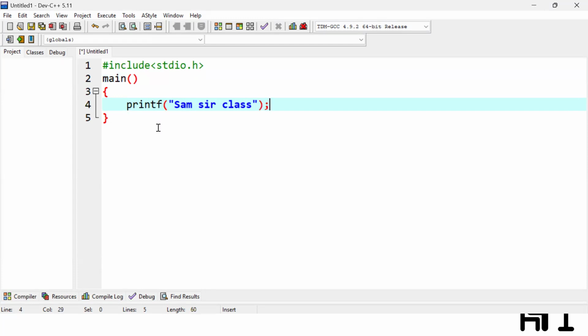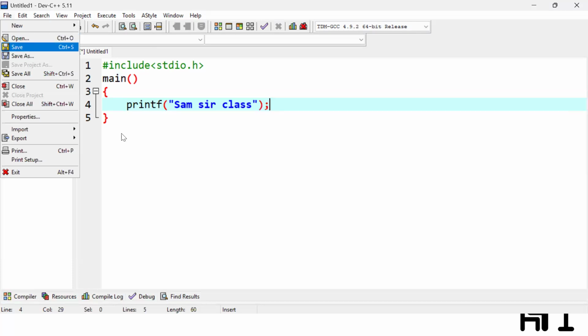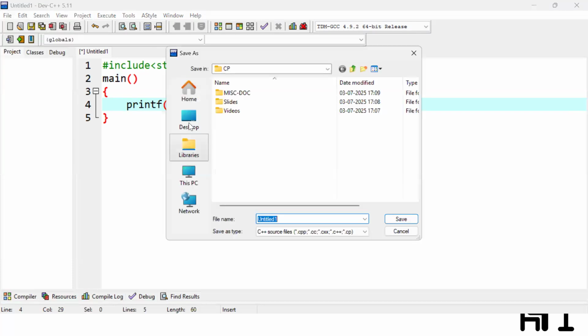Okay, so I have written something, you also write the same thing. But remember, as you are writing C programming, how will the computer understand that you are writing C programming? You have to go to the file menu again, then save. Once you click on save,